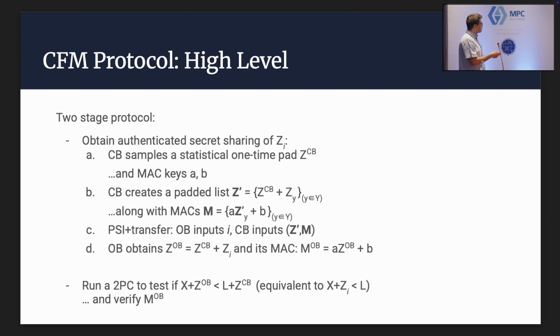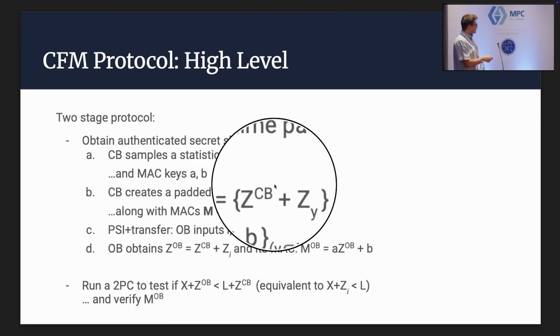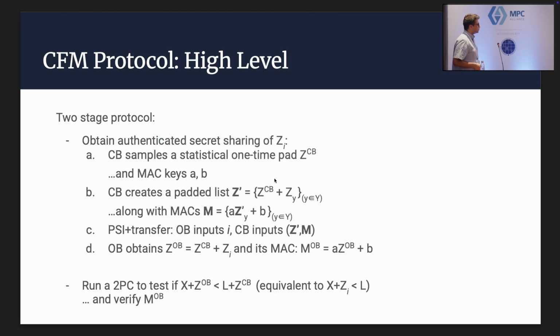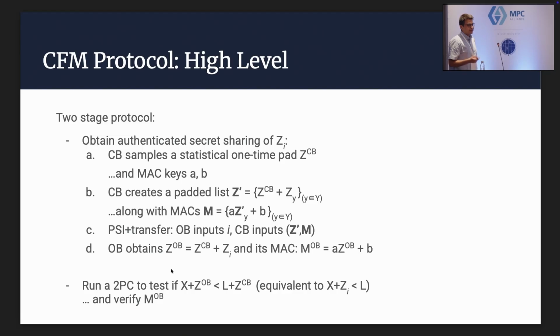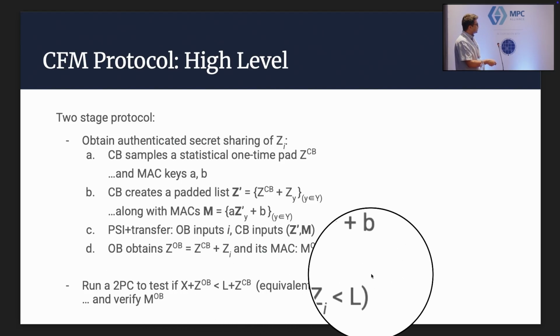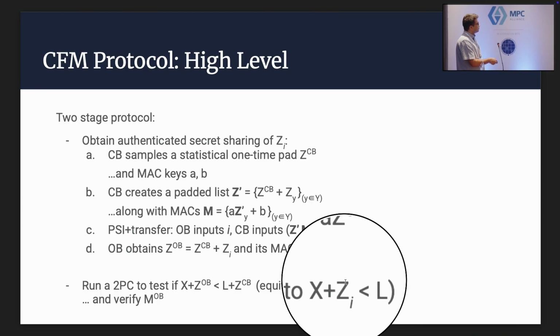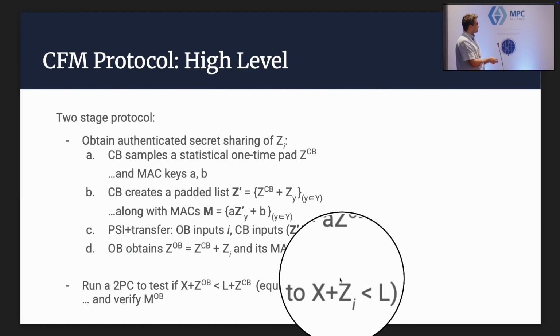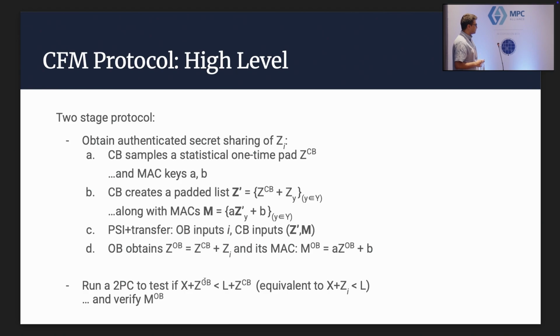Okay, now to explain why did I use a statistical one-time pad here instead of a perfect one? It's because the next stage is the actual comparison part, like testing if the threshold has been exceeded. And rather than computing this predicate naively, so assume that I have a two-party computation oracle now, right? Rather than computing this predicate naively, I compute a slightly more 2PC-friendly predicate, and again, I'll explain why in a minute.